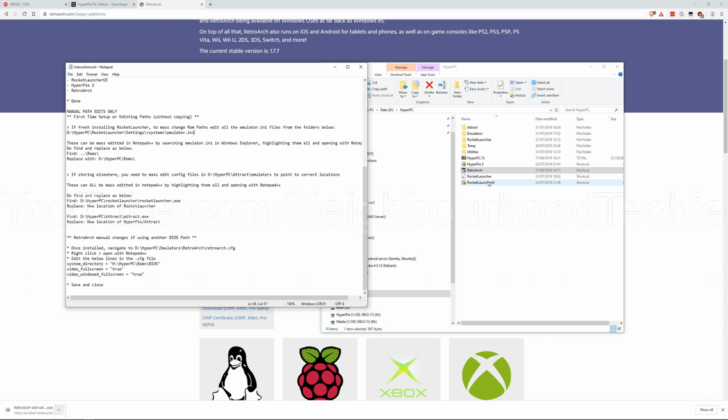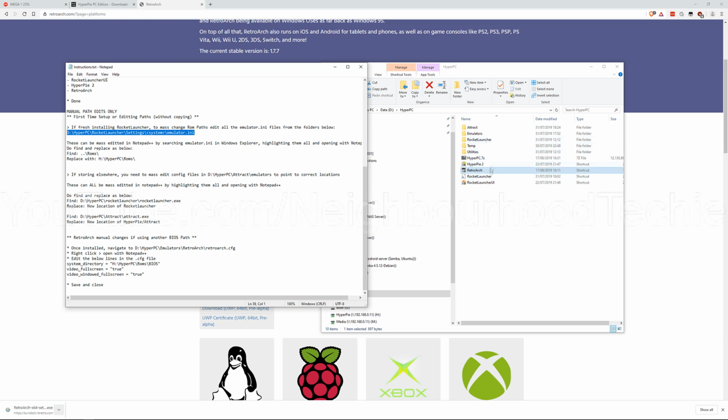Oh, one thing as well. When you've done the registry fix, and when you've installed the fonts, and also when you've updated everything in RetroArch, reboot your PC. Mainly for the fonts. I think the fonts, you need a PC reboot. And possibly the registry fix if you couldn't get it to run in admin. So reboot your PC. And then once your PC is up and running, you need to go to